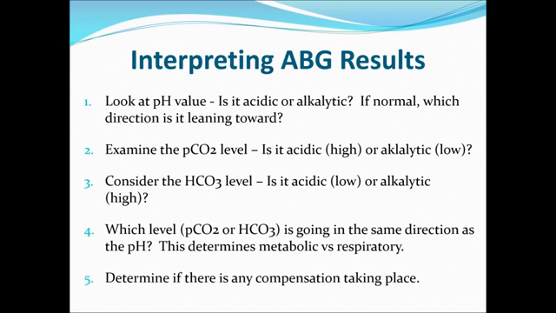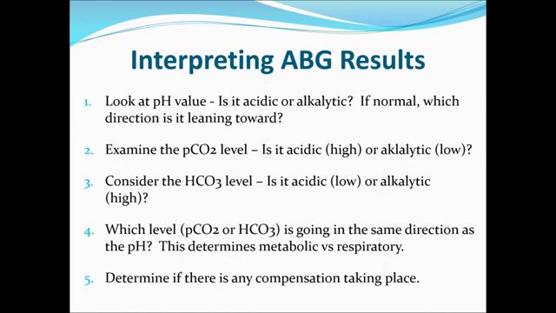Again, is it high, which would indicate it's acidic, or is it low, which would indicate it's alkalotic? So this is why you need to know your numbers. From there, you want to look at the bicarb level. Again, is it low, which would indicate it's acidic, or is it high, which would indicate it's alkalotic? So once you've done that with the pH, the PCO2, and the HCO3, what you need to know is the